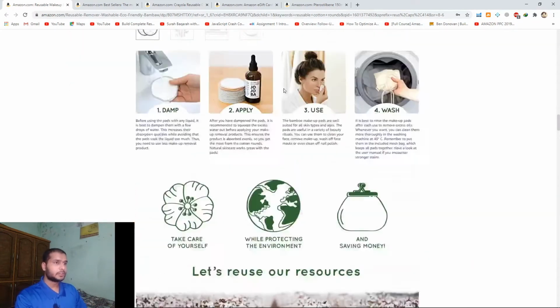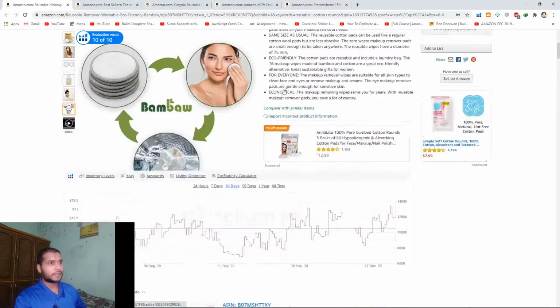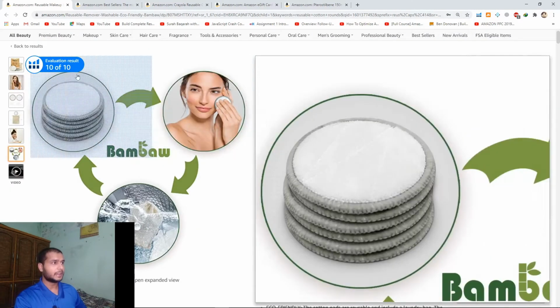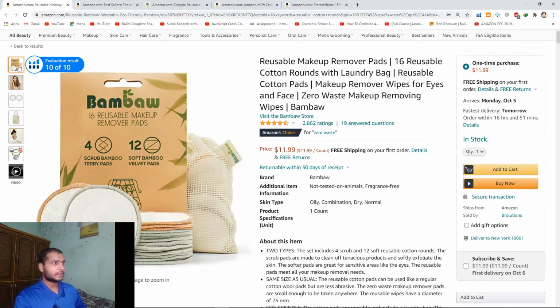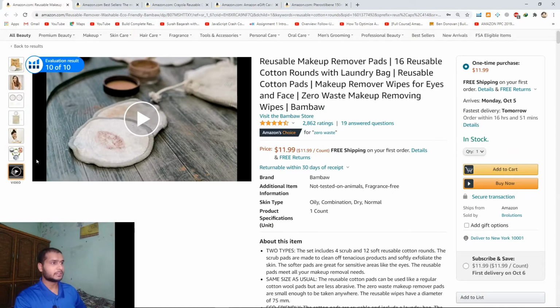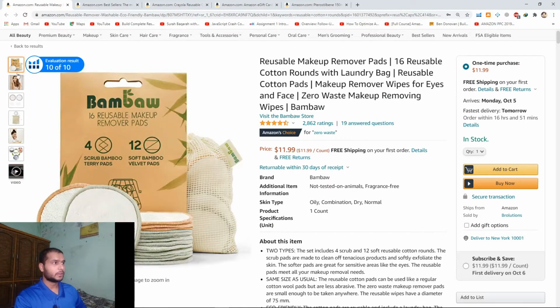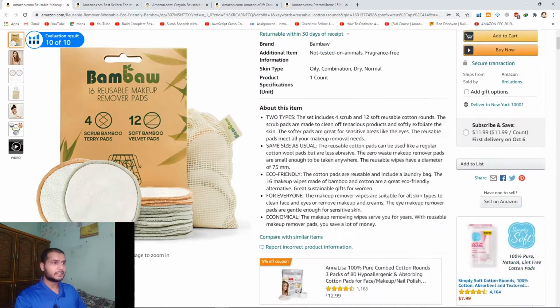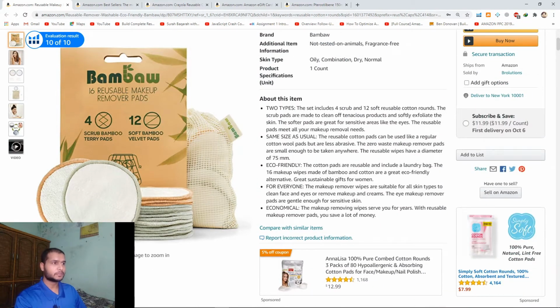In the front end, first of all, we have the title on the top. You can see this one is the title, and these are images: 1, 2, 3, 4, 5, 6 images, and the seventh is a video, if you are brand registered. We will talk about it later. Then these are bullets: 1, 2, 3, 4 and 5 bullets, and for every category it varies.